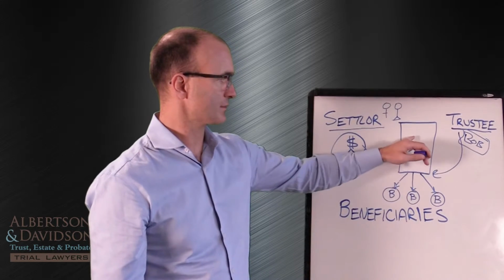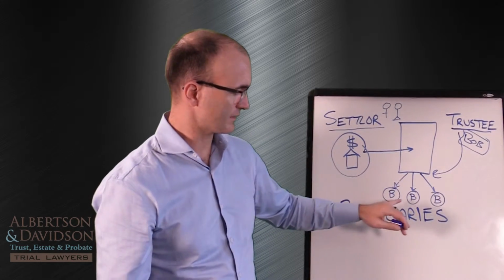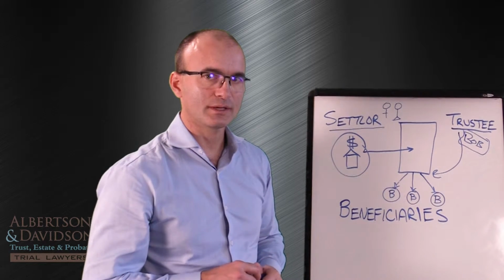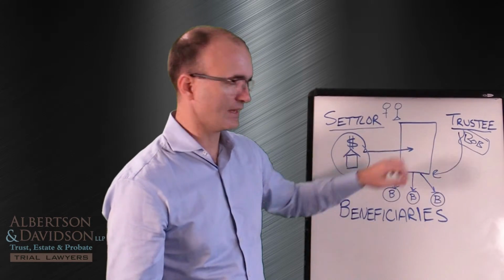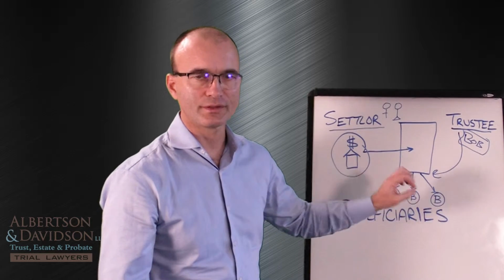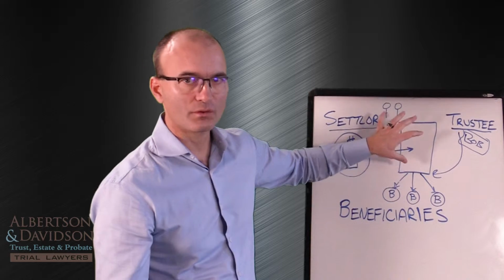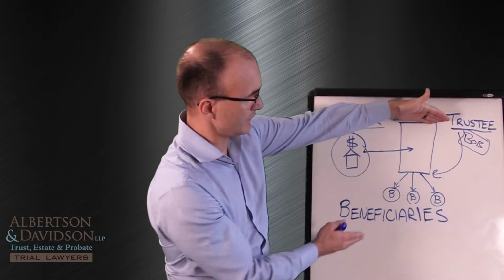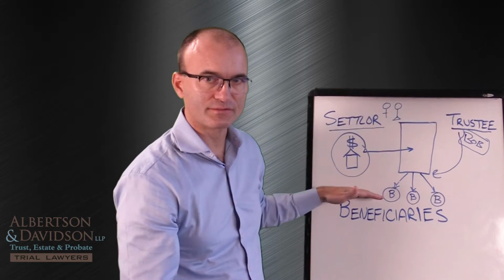And if the trust terms say, hey, Bob, once you take over, we want you to give the assets equally to our 3 kids, and they can have those assets outright once they reach age 25, then that's what Bob does. He manages the assets, and as the kids turn 25, he gives each child their share of the trust estate. So really what a trust does is it holds the title to the assets, and it separates out the legal owner from the beneficial owner, the trustees from the beneficiaries.